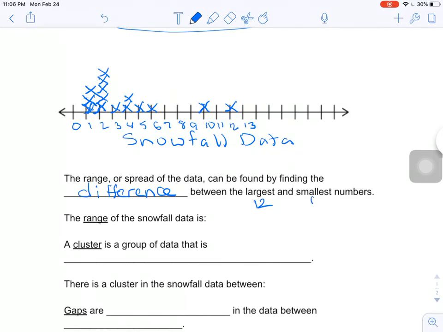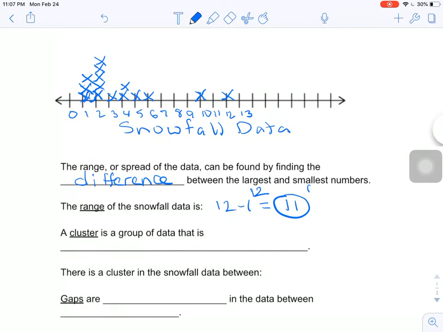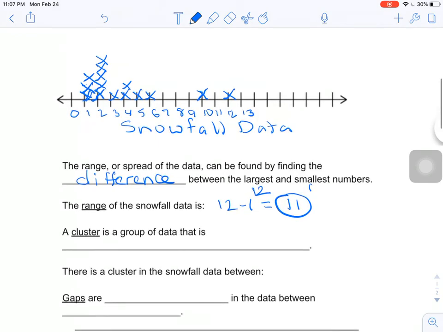So I would find the difference between those. So to get the range of the data, I would do 12 minus 1 or 11. So this data has a range or a spread of 11. So that's one thing that's easy to do once things are organized in a line plot. Line plots also show us some other things that help us to analyze or to look at patterns in the